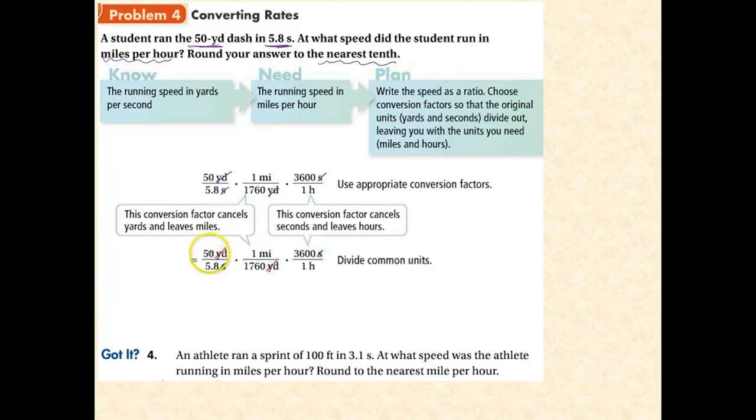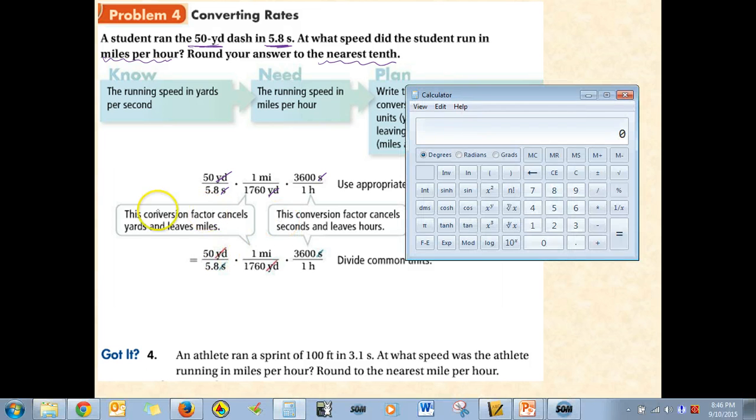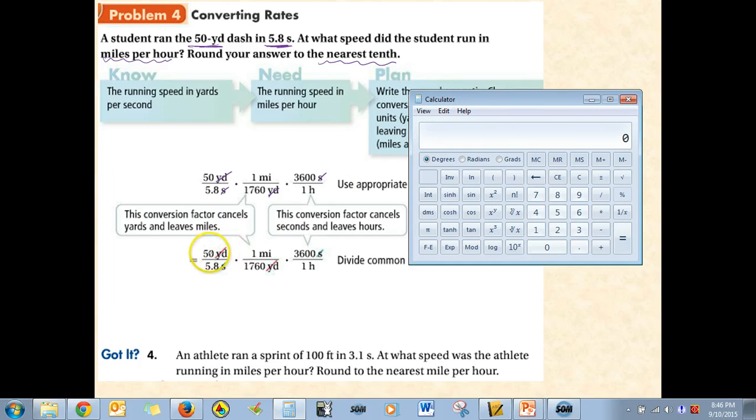So what I really end up doing is get in my calculator, and now I start with what's on top, 50, divide by anything that's on the bottom. So divided by 5.8, and then times 1, and then divide by 1,760. And then multiply by 3,600. And I get 17.6,